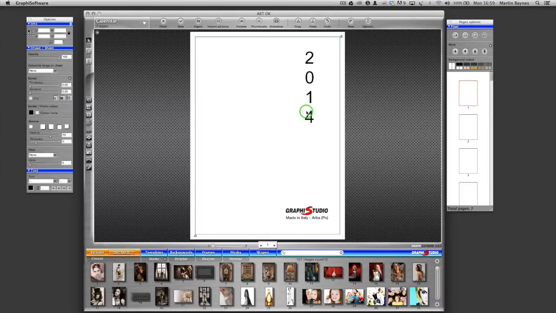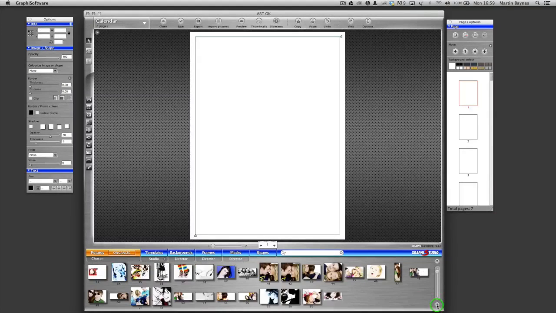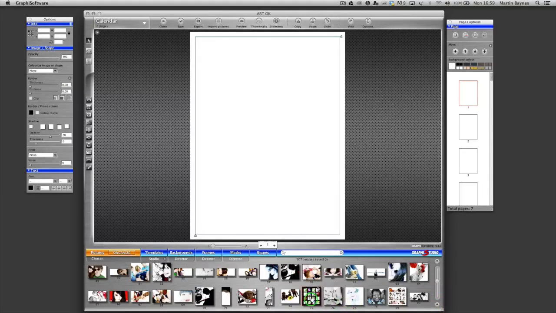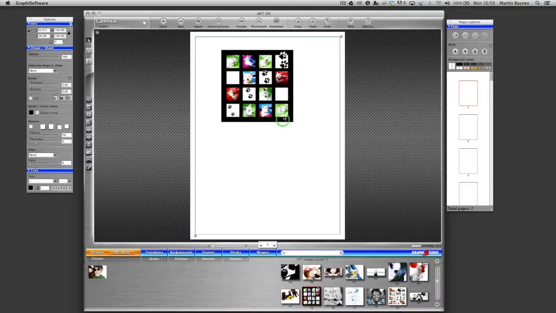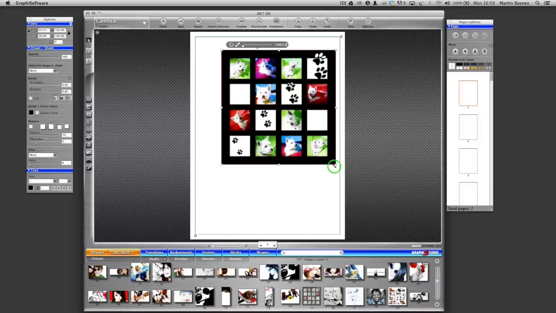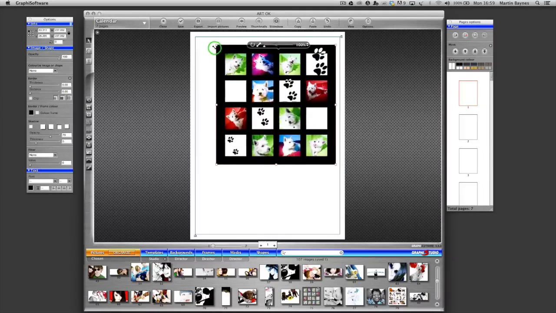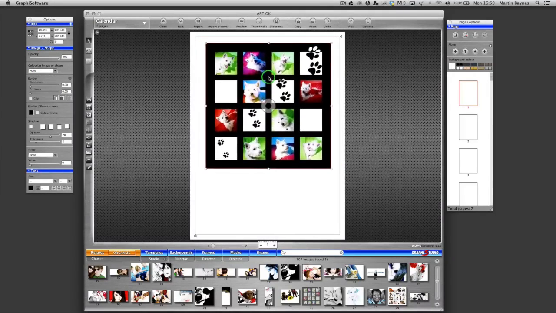So I'm just selecting them now and hitting the backspace key to get rid of them, because I want to show you a different idea. So what about maybe something like this? This is from another portrait house. This is kind of pets, if you will. So I'm just going to resize it like this so we can see it. Something like that